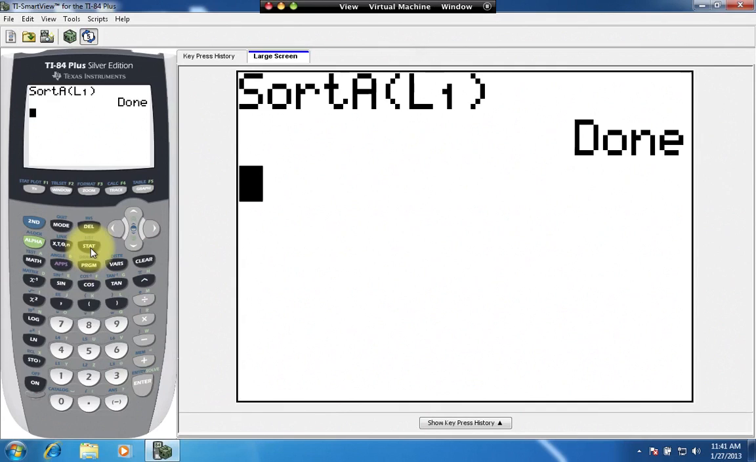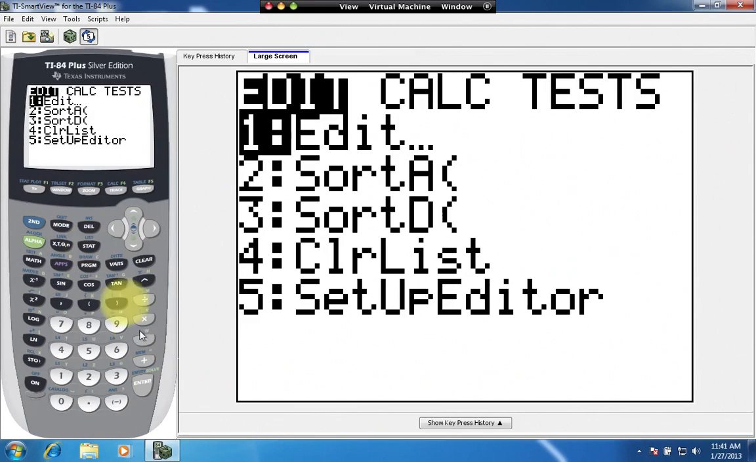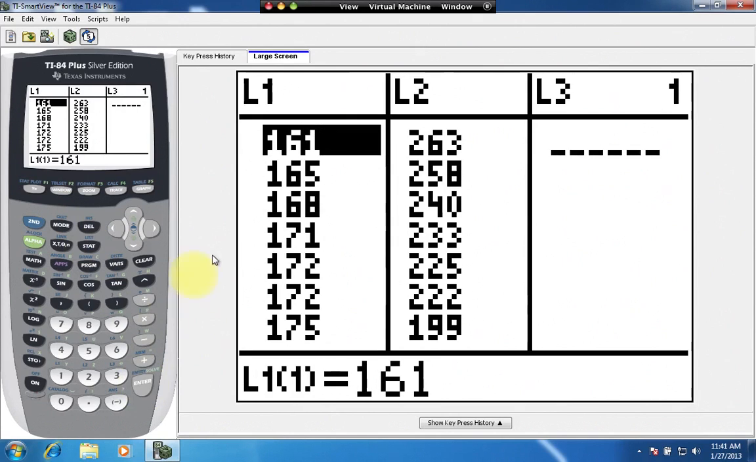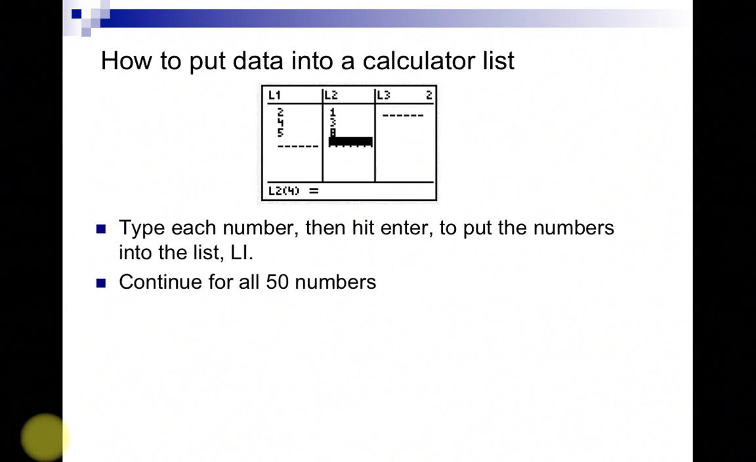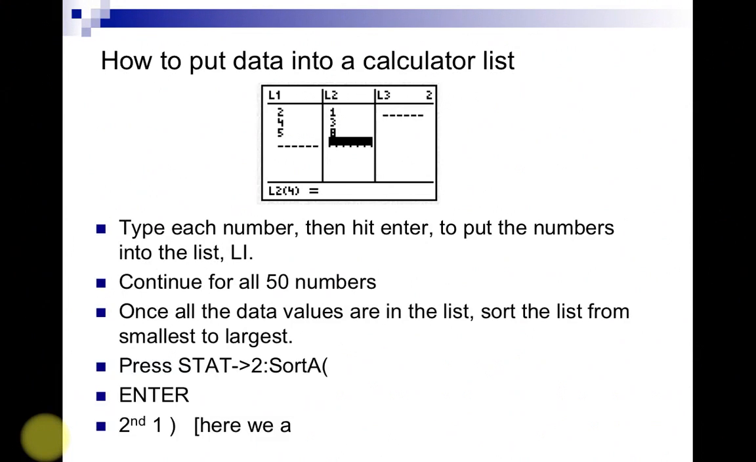So now we can look back at that list to see if it truly is in ascending order. We can press stat and then with one edit highlighted, hit enter. And notice now it looks like the data values are in ascending order, 161, 165, 168, and so forth. Okay. So now that our data values are in ascending order, we are going to save that information in our calculator for use a little bit later in the lecture. Right now,